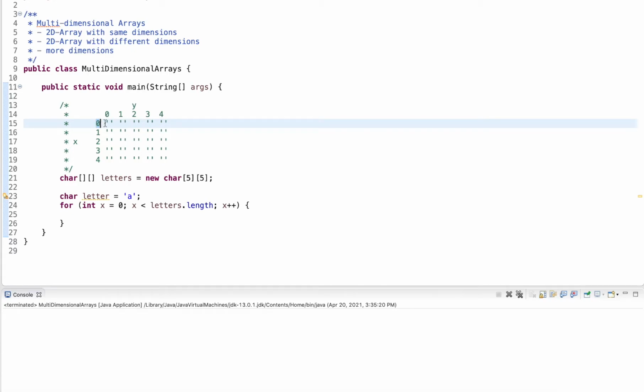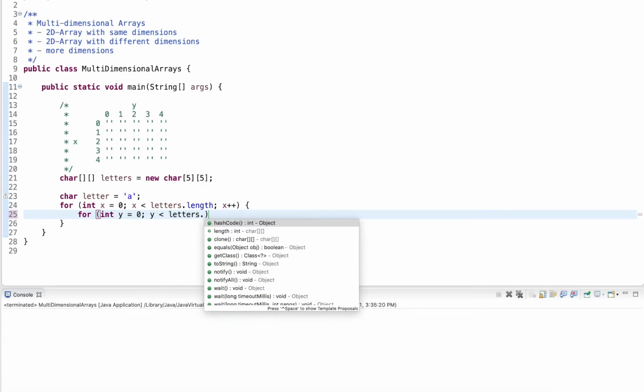When x is 0, I want to iterate over this array. When it's 1, I want to iterate over this array. So for each index that I have in the first dimension, I want to access the elements in the second dimension. So I'd use a for loop. This one I call y equals 0, y less than. Now I could do letters.length,